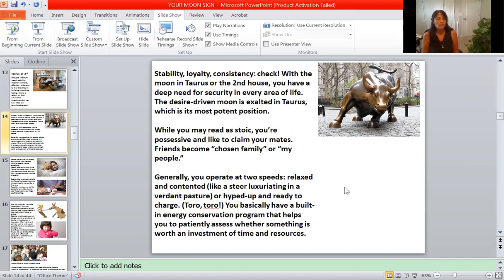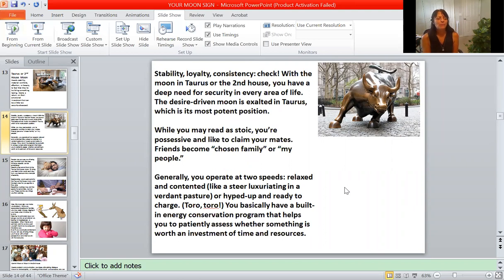With the moon being exalted there, the moon is at home in Cancer, but it feels good in secure Taurus. Cancer is home and comfort, and the moon's comfortable there. But if it's going to go away, it's going to be in Taurus's home, and it's going to feel good because Taurus is going to feed it and have a nice, comfortable room for it, and it's going to make it secure.